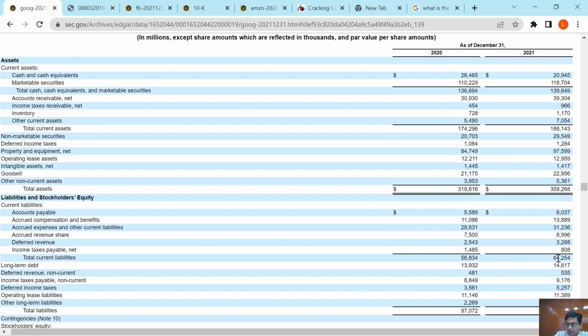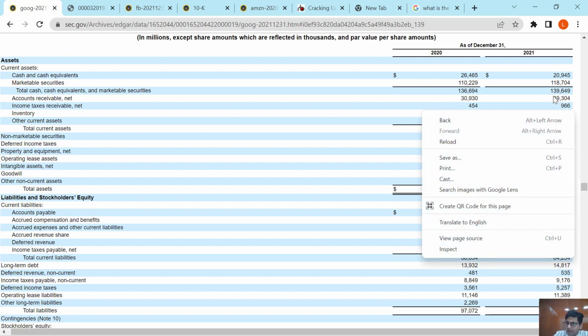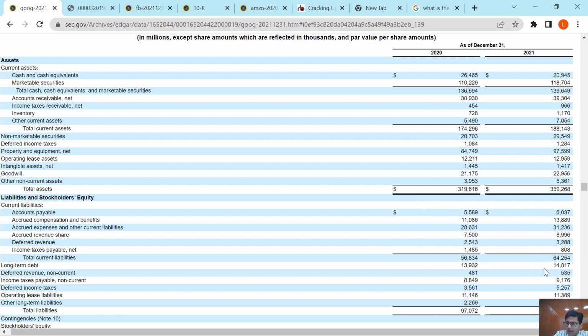What this basically means is that Google has liquid assets. Liquid means what? Basically those assets which can be converted into cash fairly easily. So these assets, $188 billion, can be converted into cash within a year. And Google will have a cash flow of $188 billion and it requires to pay only $64 billion out of this cash flow. Now, if you look more closely, you will find that Google has $139 billion of cash in its balance sheet. That means, in reality, Google doesn't have any kind of working capital which is being invested in